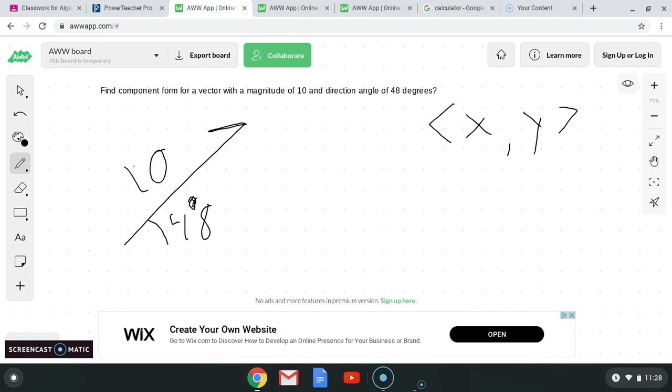So to find component form when we're given this, our x is going to be figured out with trig. We're just going to make this into a triangle, right? So this is our x. Our x comes from adjacent over hypotenuse, so it is the cosine. So we take the magnitude, 10, which they write as the absolute value of v, that would be the magnitude, and then the cosine